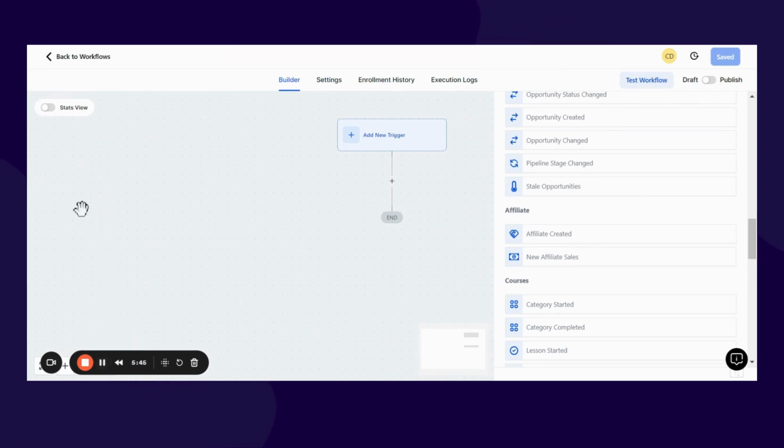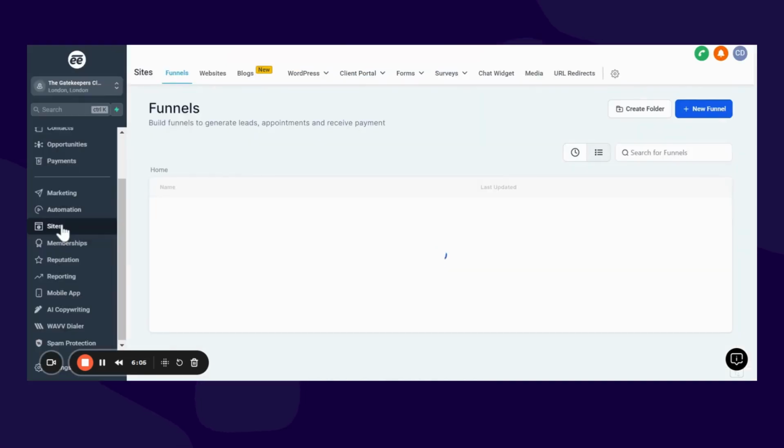Just a quick one of the great things about this is you can have a stats view of your workflows, so you can see how many people are in each section or part of the flows that you've created. Of course, we've got